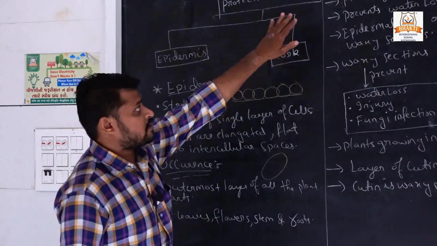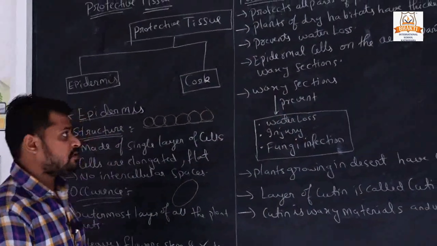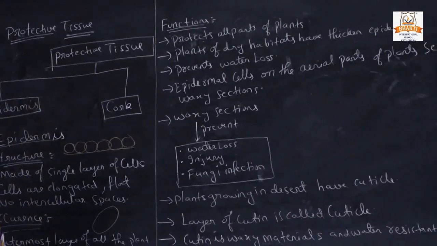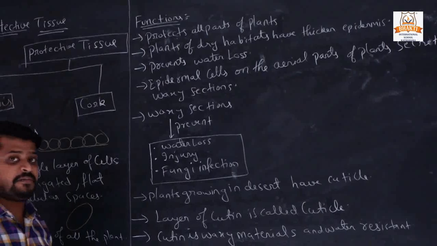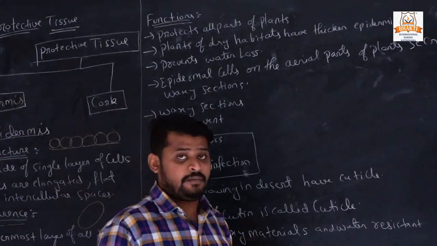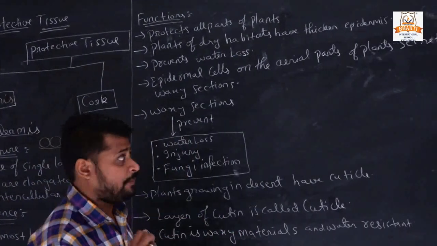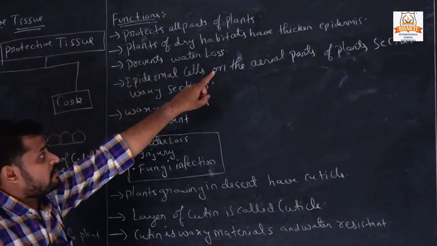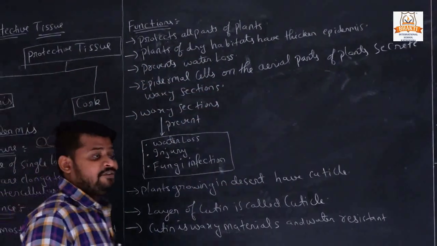Now we will study the functions of the epidermis. It protects all parts of the plant, meaning the work of epidermis is to protect all the parts of the plants. Plants of dry habitats have thickened epidermis. If you see that